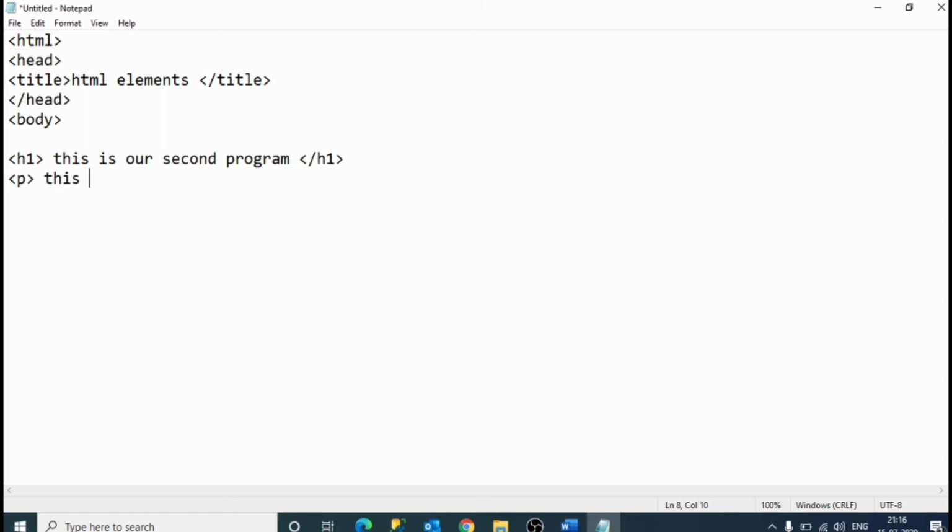Now p paragraph: This is used for paragraph. Now slash p and u. U means underline.